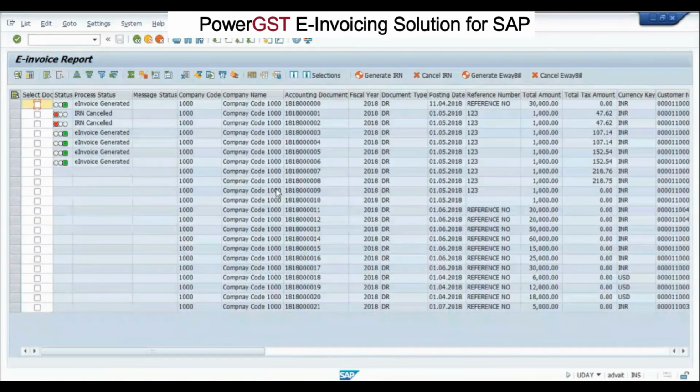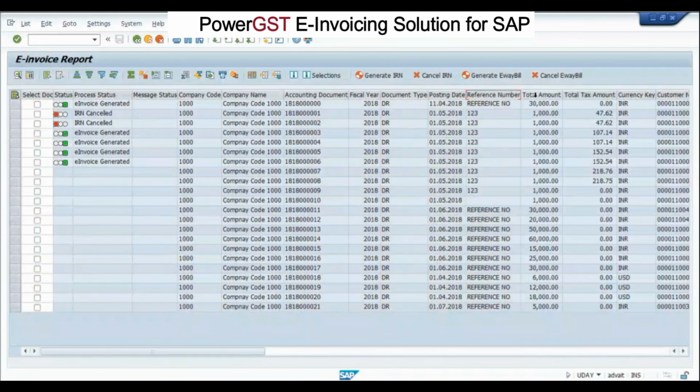So this will also have a similar cockpit. Here also you will get display data. This is our test system, so the display data button is not there, but here also you will get display data. There is status, process, accounting document details. All these columns will be the same, and instead of sales data, here you will have the accounting document details: accounting document number, document type, DR, DG, whatever document type you use, and the rest of the details, right?